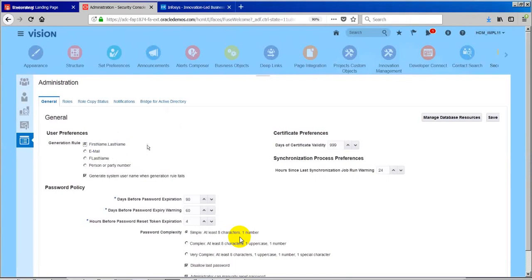Okay, in Fusion, how it works is, if the first name and last name is already available in the system, it will generate the person number as a username. And later you can go ahead and change it accordingly. We can do that, but that's how it works. Okay, let us say Fusion is generating the username. Then how do you send that username? It has to go everywhere across the company, because in our company the HR system is not the only system, right? That employee has to log into multiple applications.